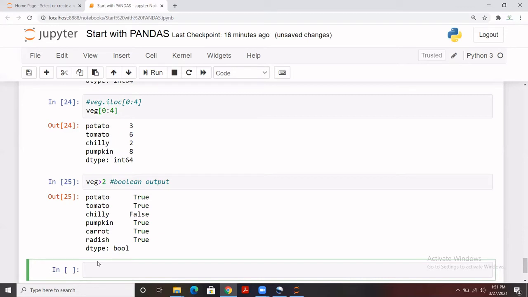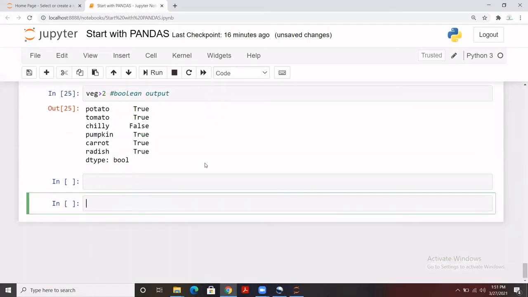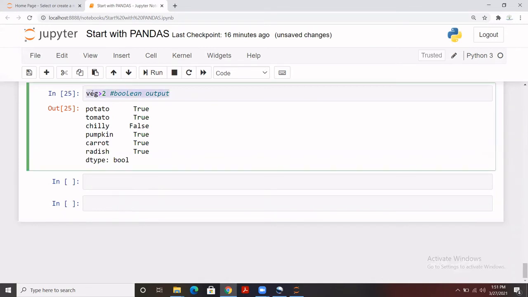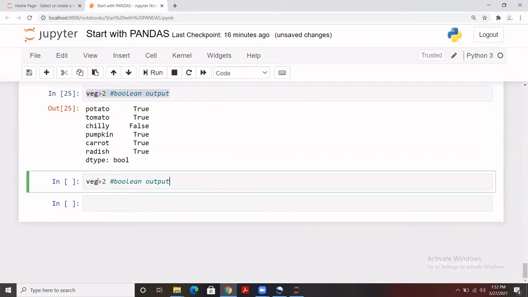Now, let's say we want to extract exactly those values which meet this condition. I don't need the true false output. So how will we write it? We need to subset that part basically. The same condition you are going to apply here, but we have to subset it. How? We have to put the index parentheses outside our condition, and then we have to call our series.